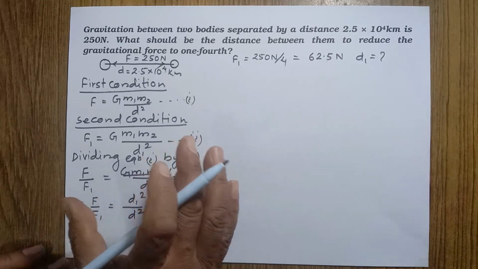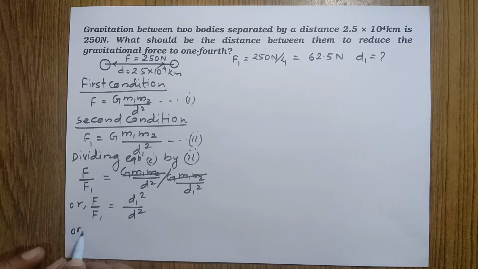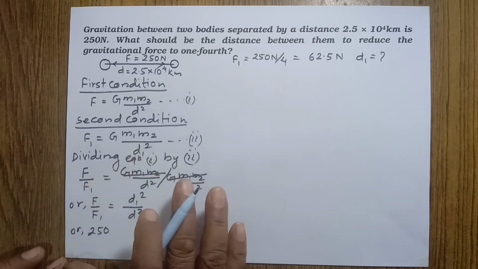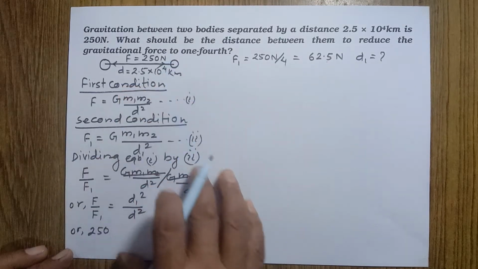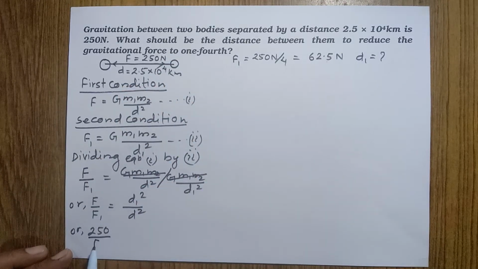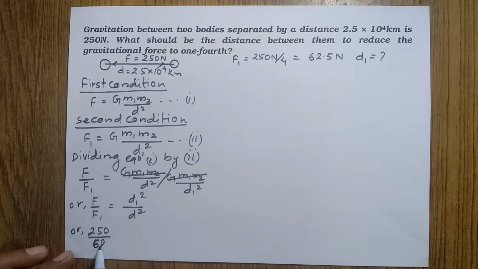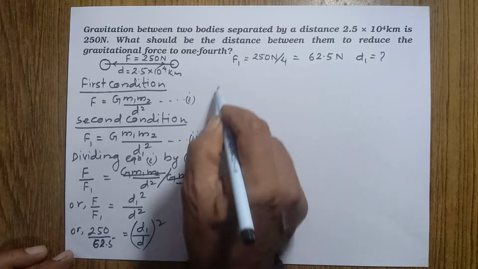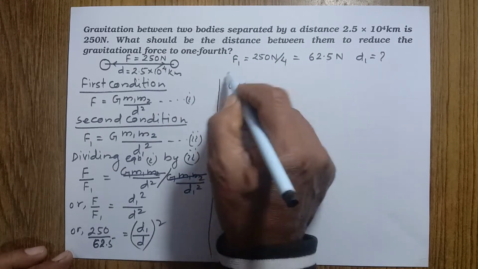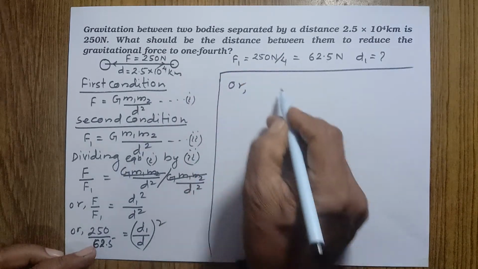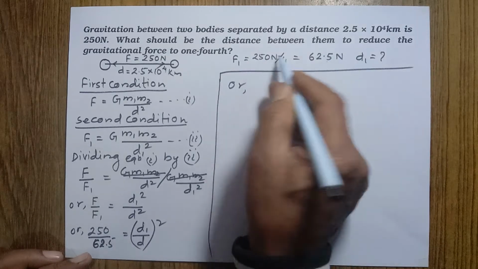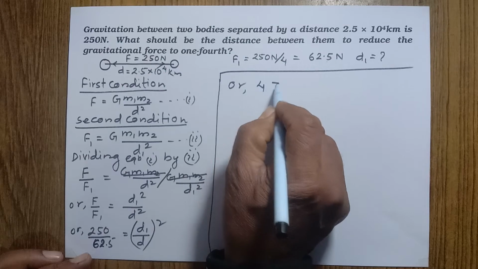Now we are going to put in the values. The value of F is given, 250. We are not writing units, we'll write units in the given and in the answer only. We are going to find out F1. F1 is also clear. Here it is 62.5, and this is equal to d1 square by d square. Why don't we write this way, d1 by d both squared. Now 250 divided by 62.5 is 4, and that's why 4 is equal to